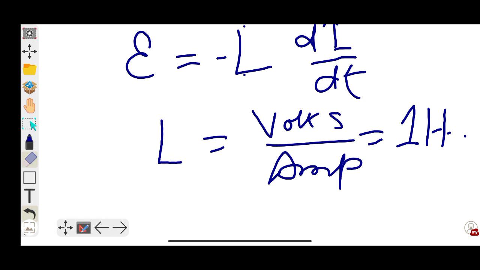A coil is said to have an induction of 1 Henry if a change of 1 ampere of current in 1 second